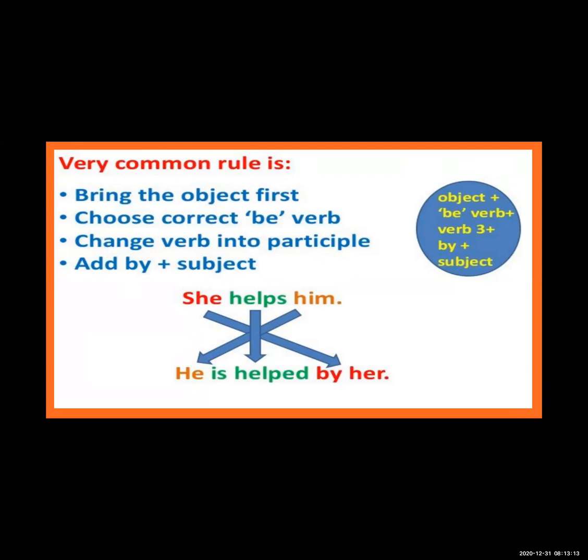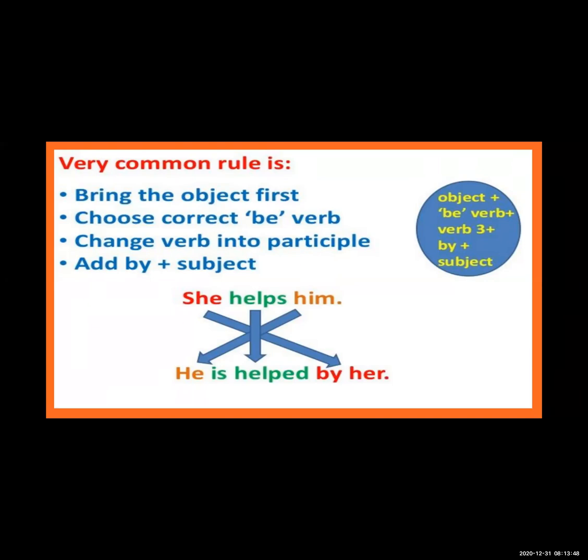Now see here, over here also we have written choose correct be verb. Be verbs means what? There are 5 forms of be verb: am, is, are, was, were. I have told you in the beginning of the session only. There are 5 forms of be verb, that is am, is, are, was, were. So is is one of the forms of be verb. So hence we are using it, because it is singular, so we are using is. And if it is plural, we will use are. Okay, so helps will become what?